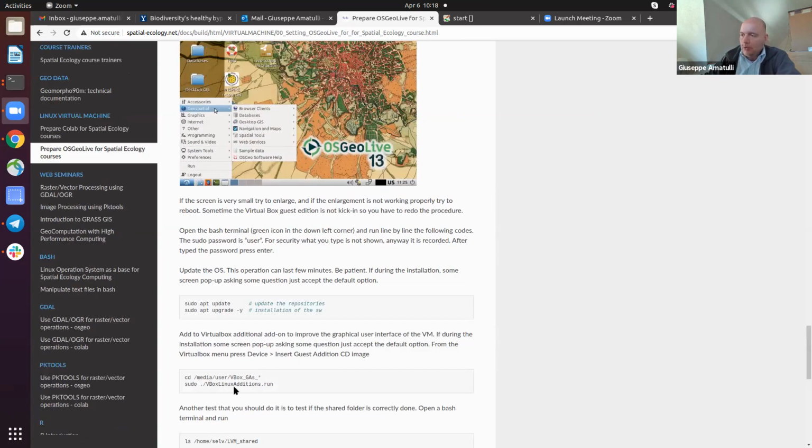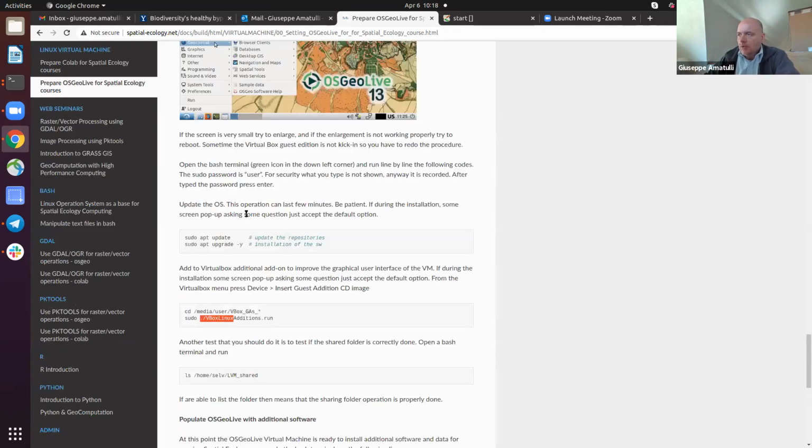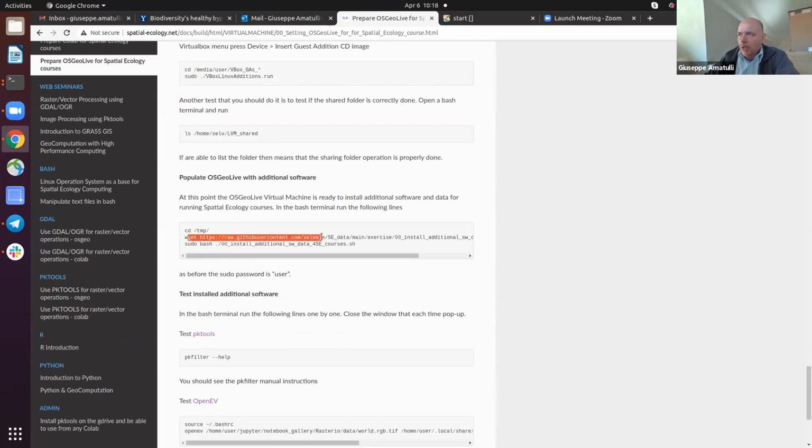This is very important for the enlargement of this window, so they go in full mode, and also for the copy paste operation. Anyway, again, if you follow the steps, it should come quite straightforward. These last lines are for enriching the virtual machine with additional software and data. So people who want it inside Ubuntu can download the same script, open it, and see the few